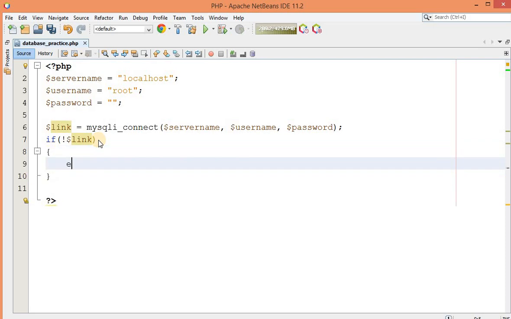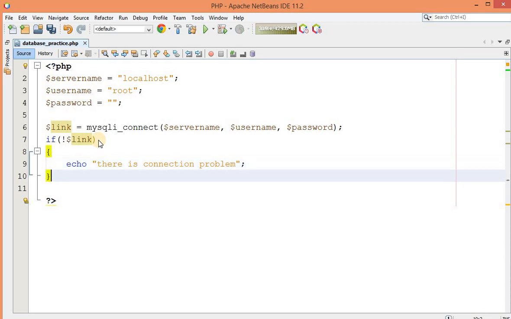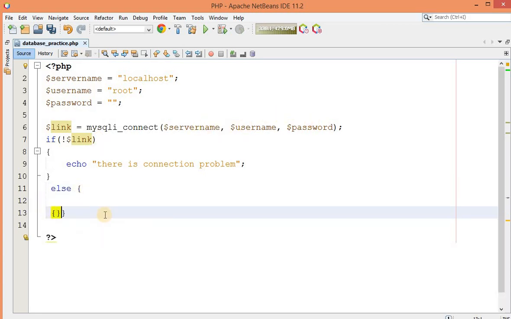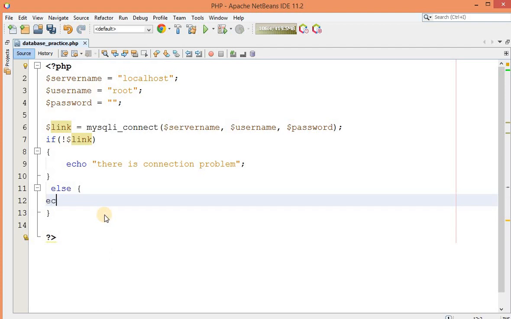And now I'm going to print echo there is connection problem. But if it successfully executed this function, then echo connection established.